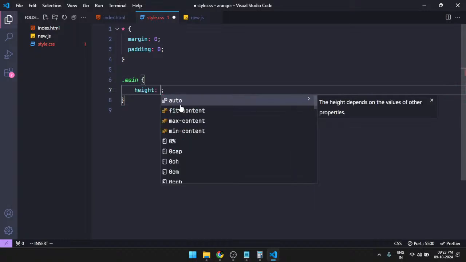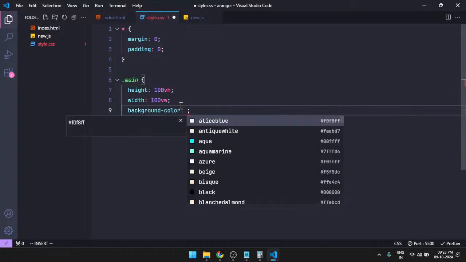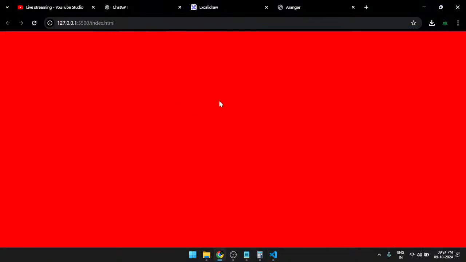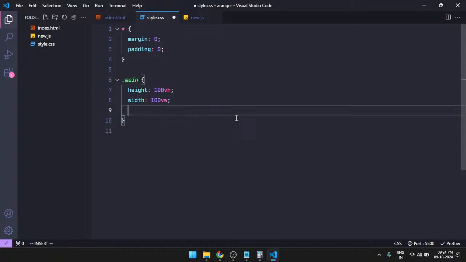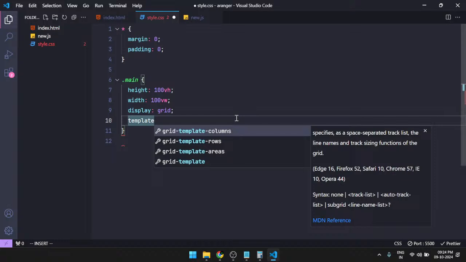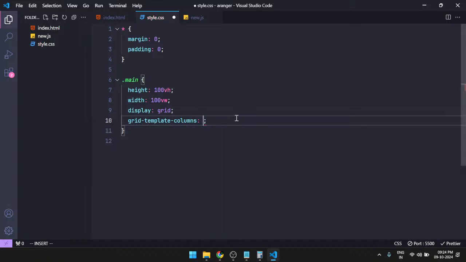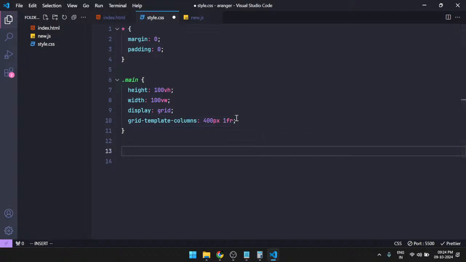First of all, its height will be 100vh, its width will be 100vw, background color will be, for now, let's check if everything is fine. Cool, everything is fine. Let's just set it as display grid, and then grid template columns will be probably 400 pixels and 1fr. Okay, so we currently will not be able to see the outcome of this. But yeah, and then we'll have left